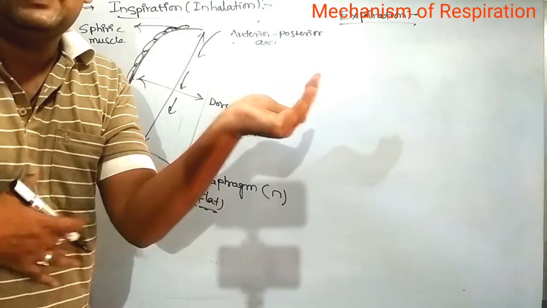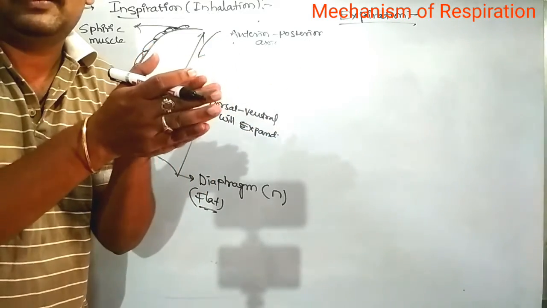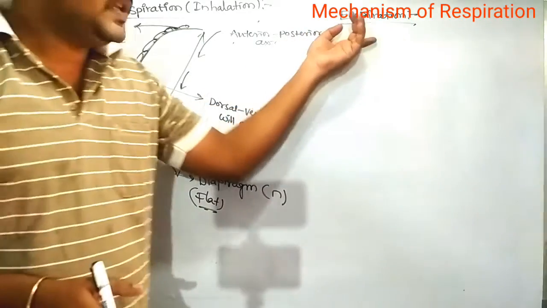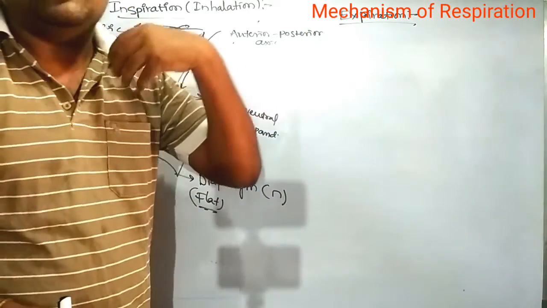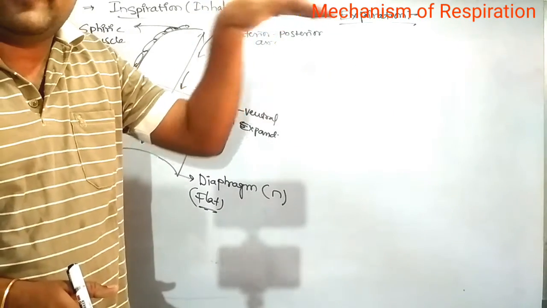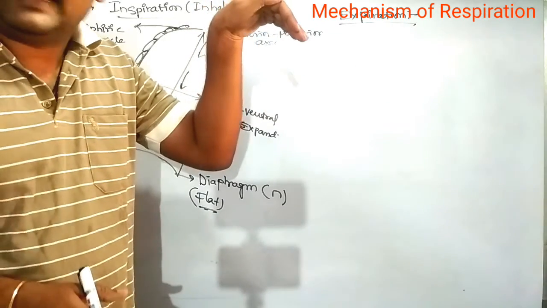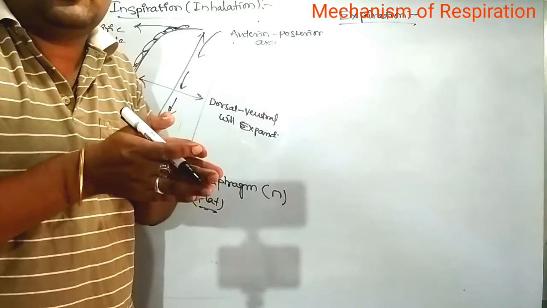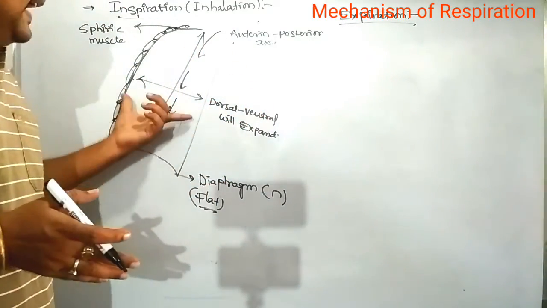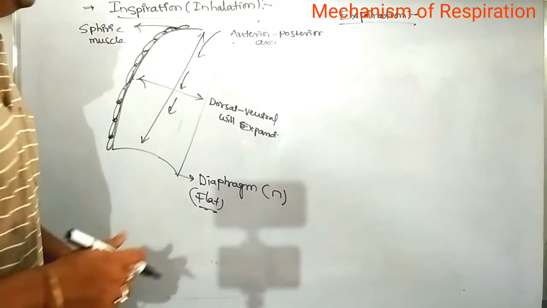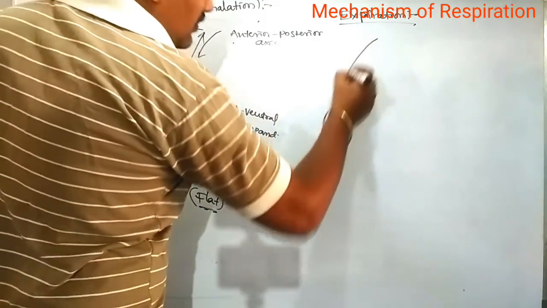So there is no gas. These convert into their proper structure, and the expulsion of the gases goes outside of the body. So the diaphragm converts from flat to a dome like structure, and the intercostal muscles all will be relaxed. Next, the anterior posterior muscles also will be relaxed. So that is known as the mechanism of respiration.